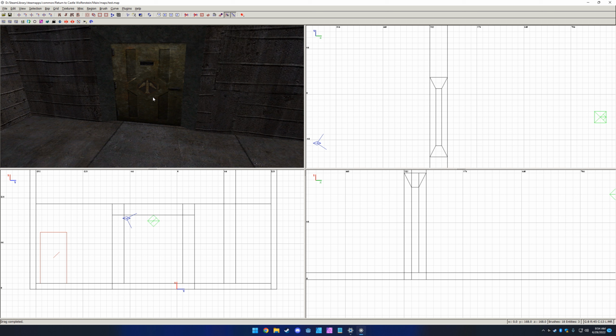Or you can change it to a func_door_rotating. So it'll rotate, of course, like a normal door in the world on a hinge. Now, I want to show you both. So if you hold Shift and left click the door, while it is highlighted, you can right click on the